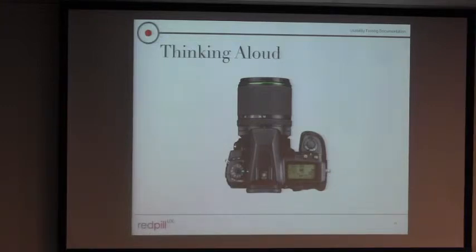So let me talk a little bit about thinking aloud. Anybody not know what thinking aloud is? Well, everybody knows it already. So I'm actually going to talk about another approach, but obviously thinking aloud is the most common approach to usability testing. And it works really well if you have the time and resources to do it, and if the scope of your testing is relatively contained or focused. So something like unboxing or first use, it actually can work really well because the number of tasks or the number of features that you have to test isn't that great. So you can do it